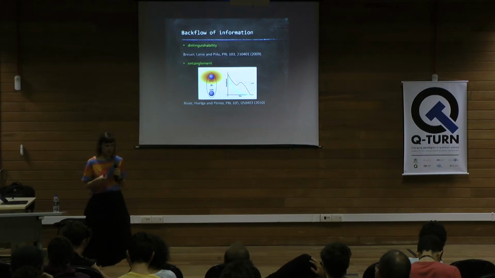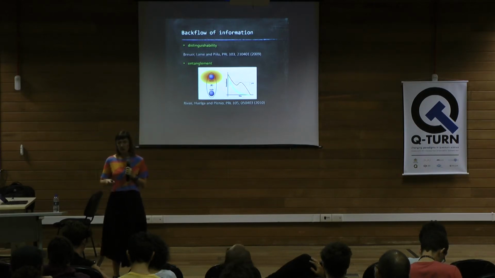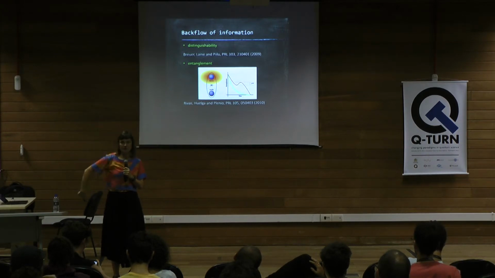So if you look at the distinguishability of two states, thinking about a qubit Bloch sphere, I start with two orthogonal states, and then they start to evolve